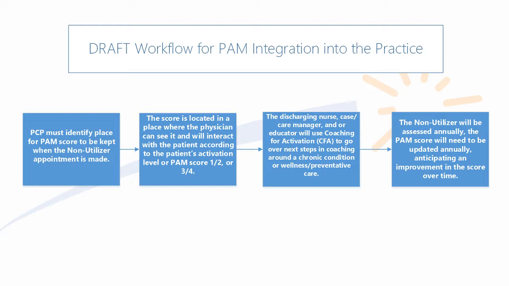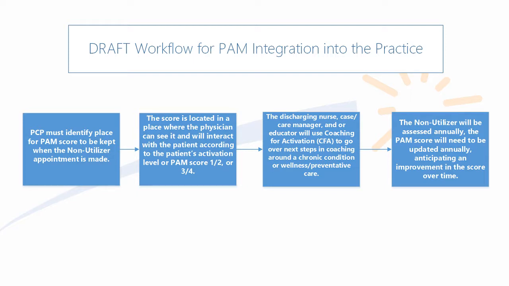So this is our suggestion. It's a draft workflow of how something like this can be integrated into your actual office. This person would be administered a survey. That survey would be enumerated. You would be able to know that the level would be a 1 or a 2 or a 3 or